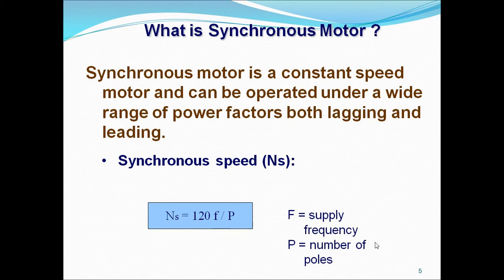Suppose you apply load on the synchronous motor, it will bear the load and run at synchronous speed. Again, if you apply some more load, it will bear it and run. It keeps bearing the load, and up to that point it runs at synchronous speed. When it is not possible to bear the load, it automatically comes out of synchronism and the motor stops. So this is the motor which can run only at synchronous speed. No other motor will run at synchronous speed, that means the rated speed. All the other motors will run below the rated speed. That is the advantage of this synchronous motor.